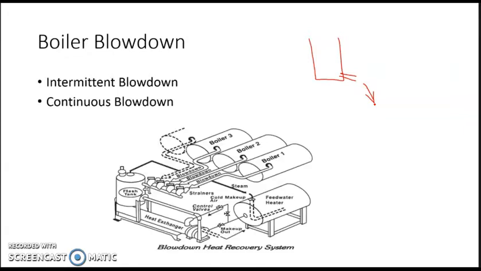So this figure is just showing that you have n number of boilers which are connected, and there is a blowdown valve which is removing the solids, and it is taken over here to a flash tank. From that, a heat exchanger is there in order to recover the heat from the water which is being removed from inside the boiler, and that heat can be used for some other purposes. So that is the concept of the